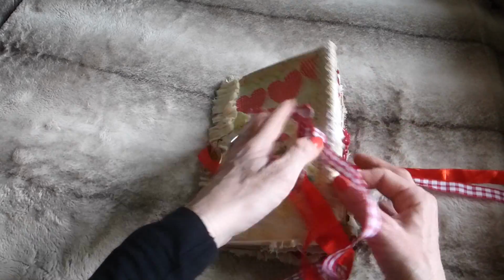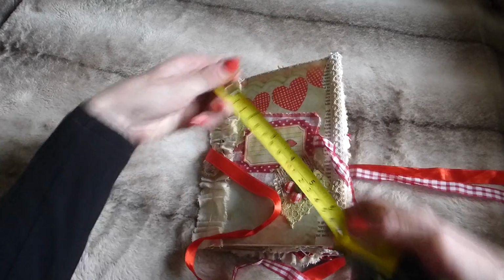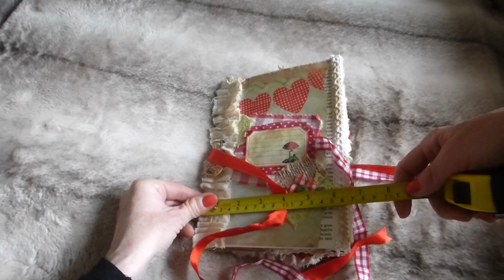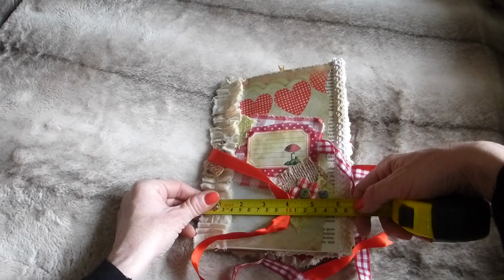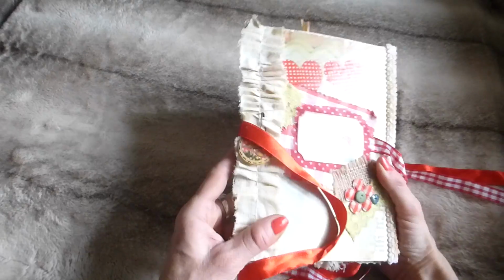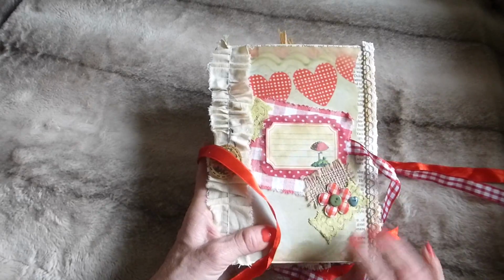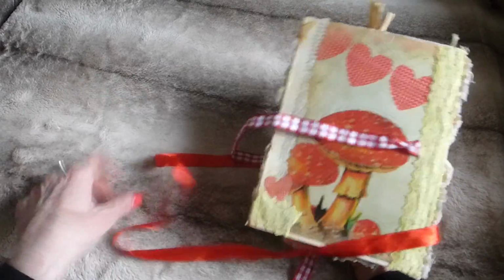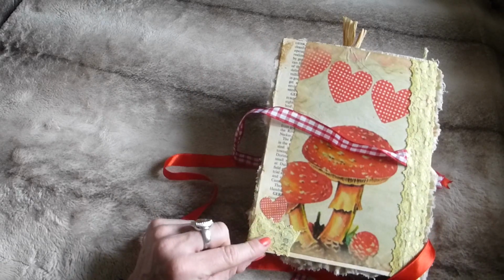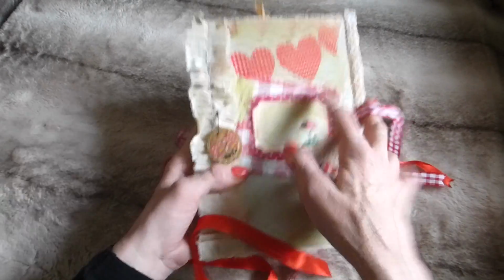So the book itself is made from a kind of file folder. The size is 8.5 by just under 6.5. And the front cover, I've just covered it with some vintage book page and then some of the gorgeous background pages. And then I've Mod Podged over the entire amount. It's all been coffee dyed. And then I've popped some lace trim down, a little heart here, lace trim down the spine, and then a